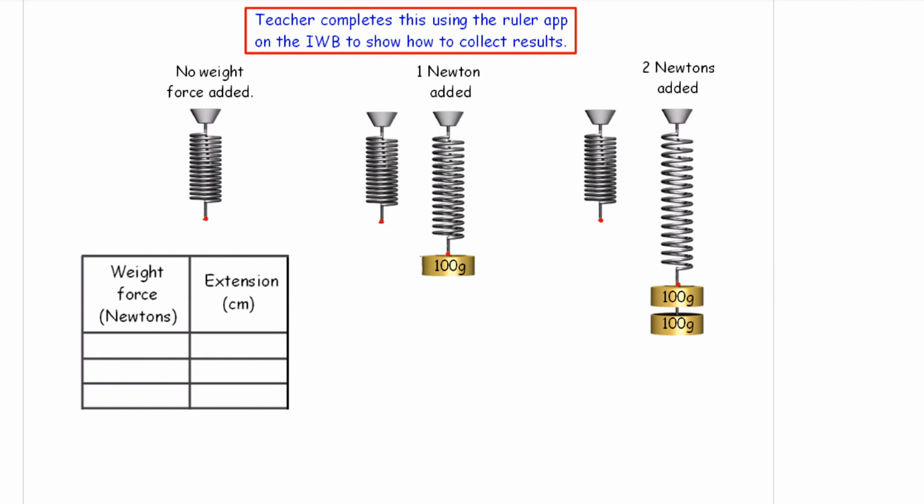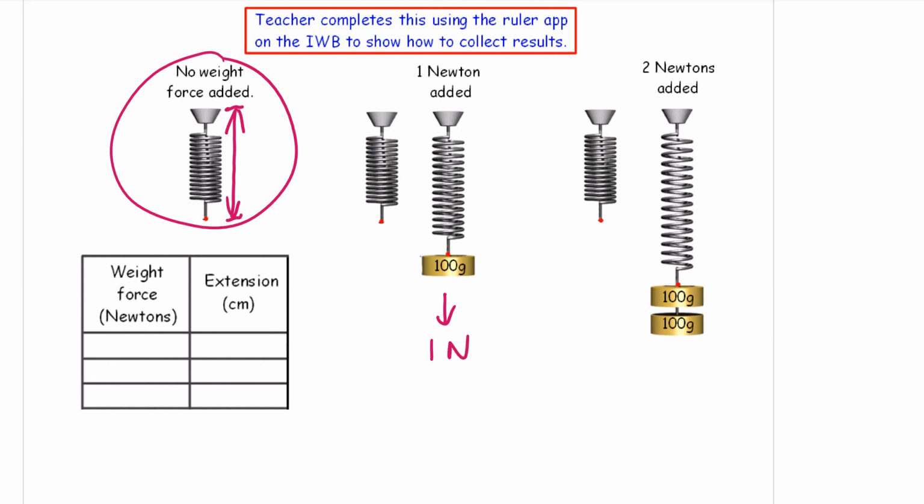Now you can see here that is the original length of the spring with no weight added. That's the length of it, right there, whatever it is in centimeters. If, however, you add 1 Newton of weight to it, that's 100 grams, and you can see that here. So we've got a weight force downwards of 1 Newton. You can see that the spring has got longer. But by how much has it extended? It is this